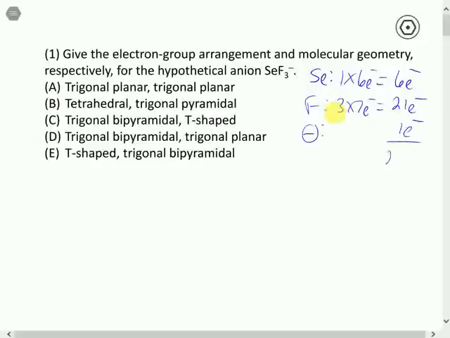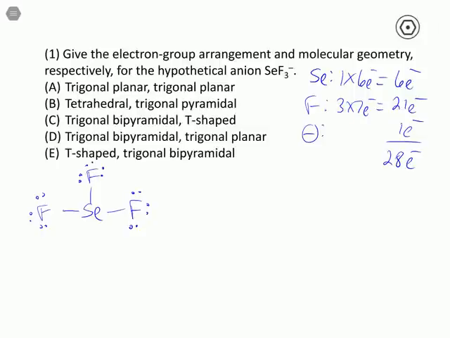So this ion is going to have a total of 28 valence electrons that we have to arrange around the central atom in the structure. So we start with the less electronegative atom in the center, which of course is selenium. Fluorine is always an outer atom. We put the 3 fluorines around it with single bonds. We complete their octets. So we're going to add 3 lone pairs or 6 more electrons to each fluorine. And then once we've done that, we've completed 3 octets. So that's a total of 24 electrons, which means we have 4 more left over that have to go in